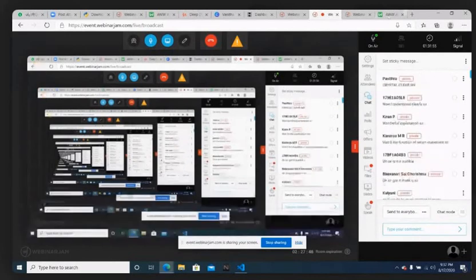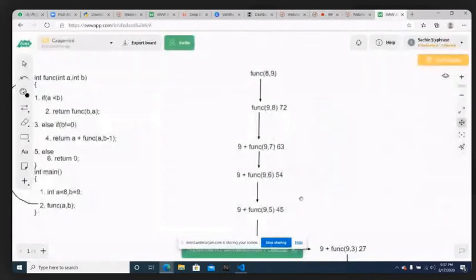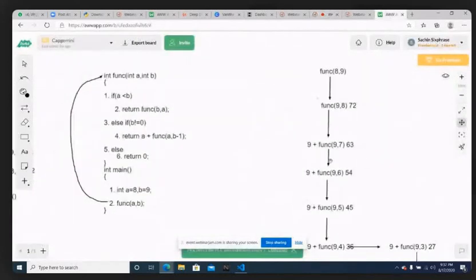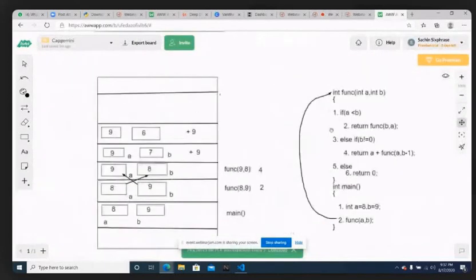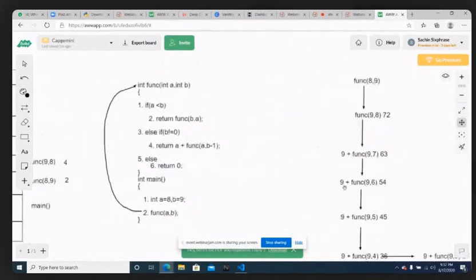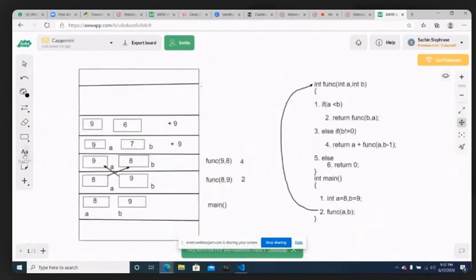I will tell you again. See here, for example, if the same thing is expressed inside the stack. Suppose the activation record which is having 9, 6, what is the answer there? 9, 6 is receiving the value 54.